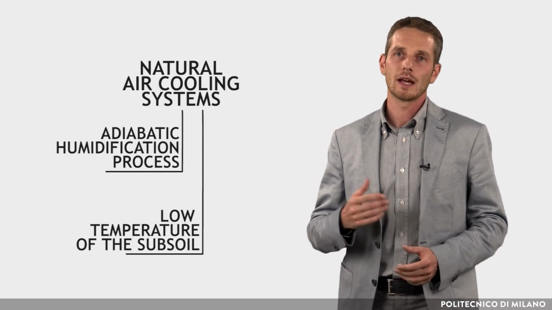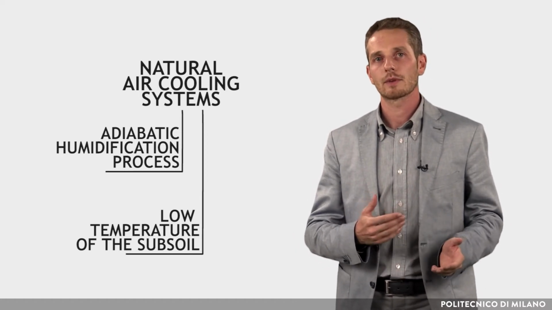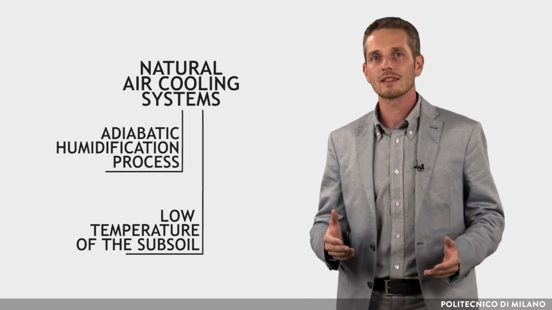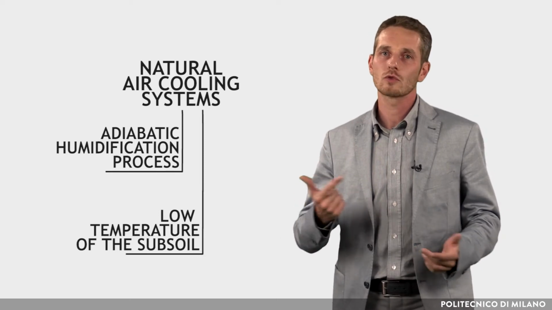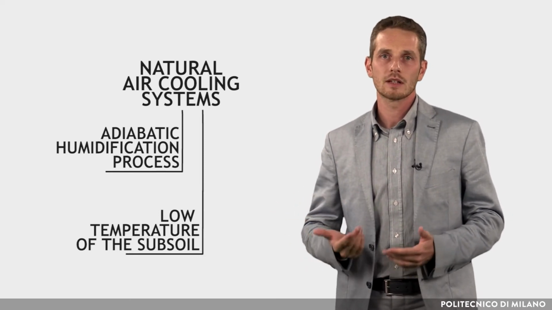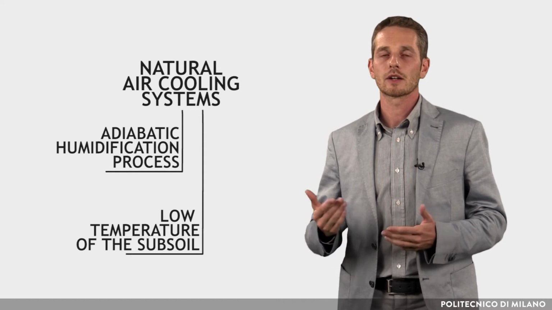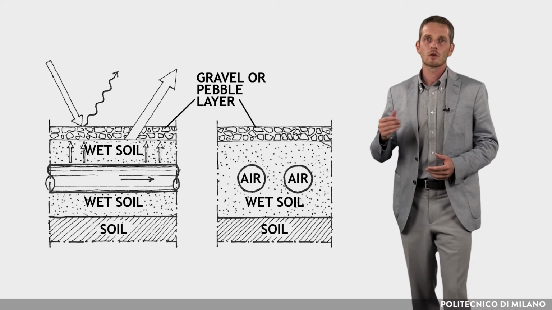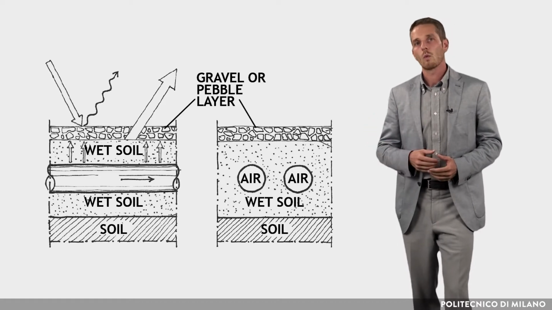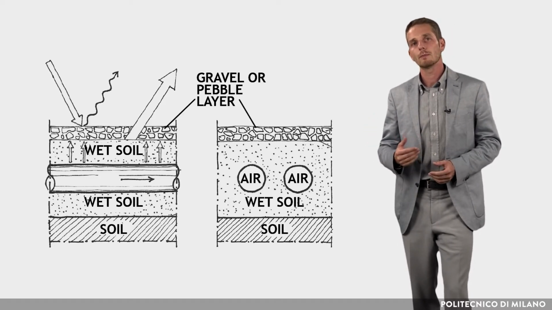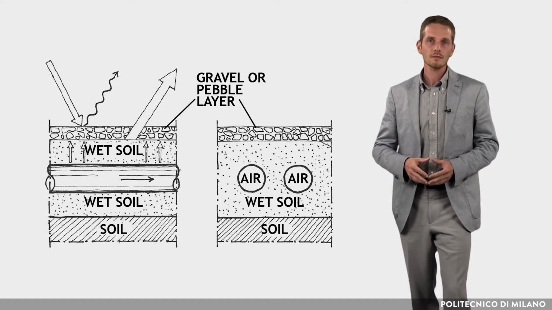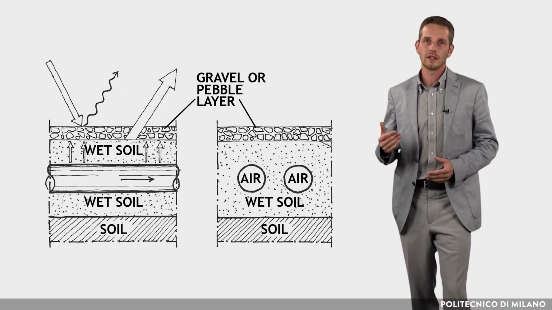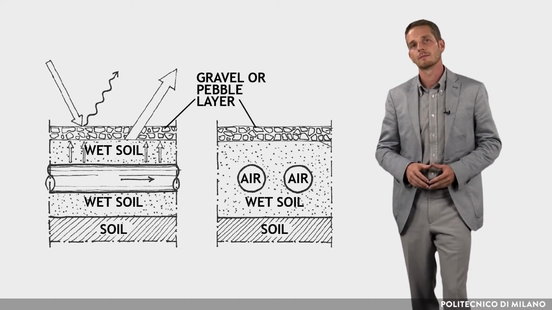In hot, arid climates, where the outdoor air temperature during daytime is higher than that of the subsoil, the system would only be effective for 1–2 weeks, which is the time taken for the soil around the buried pipe to warm up. Alternatively, the evaporative cooling principle can be exploited, where the underground soil is cooled by keeping it wet. The evaporation cools down the soil and the gravel or pebble layer protects it from the solar radiation.